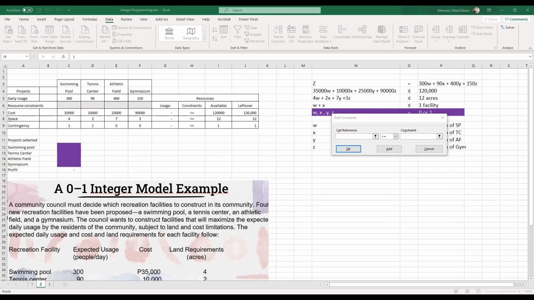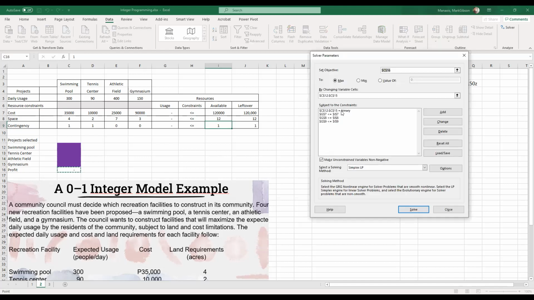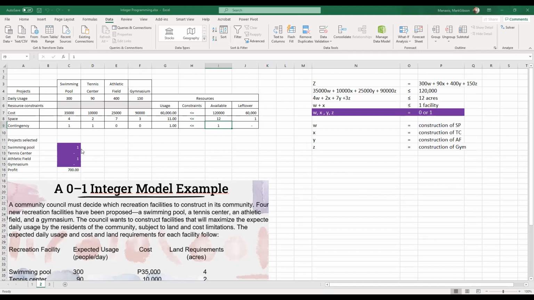Now, class, the reason why we're putting a binary here is simply to express it in the base two numeral system. Meaning, it will give us a whole number instead of dealing with these decimal places. That's basically the essence of it. So we hit solve, and then it will now give us the number of